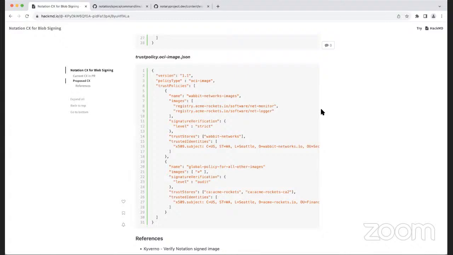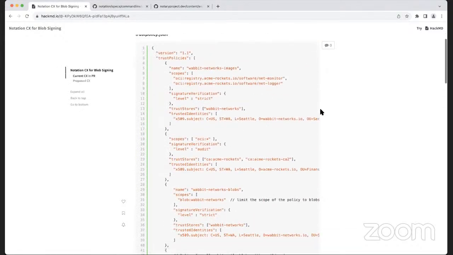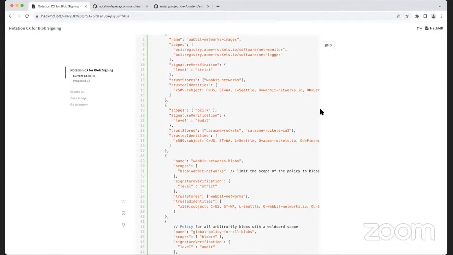And I agree that separated files are good, because if you look at the original proposal, and go back to the scopes, it's actually very hard to find out the global value for the OCI images.